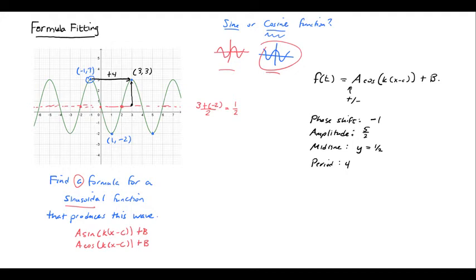Well, if the amplitude is 5/2, that means that the value of a, which represents the amplitude, is just 5/2. If the phase shift is 1, then that means that my c is -1. But of course, keep in mind, I'm going to be subtracting that here in just a second. The midline is y equals 1/2, so that means that my b is going to equal 1/2. It's the period that's a little bit tricky. This does not mean